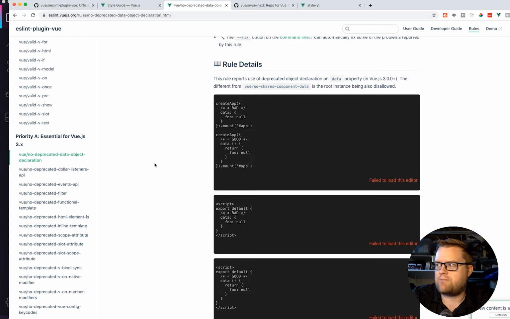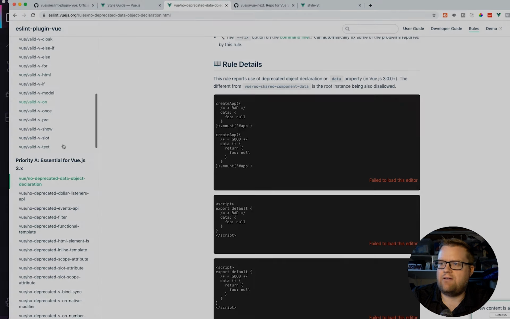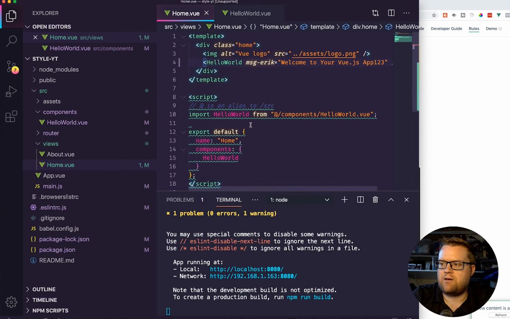So one of the problems is, let's see here for the Vue 3. So yeah, you can use all these different deprecations to figure out how to upgrade your Vue 2 app to Vue 3, which is pretty interesting. Let's say you're adding this $listeners, which is something that you shouldn't be using, the deprecated $listeners, anymore in Vue 3. So if I come here, oh, by the way,